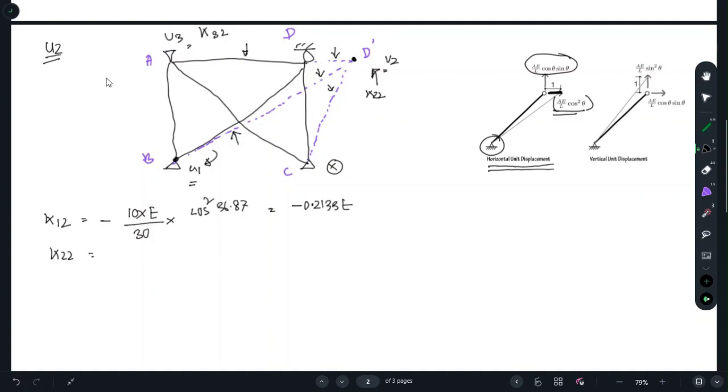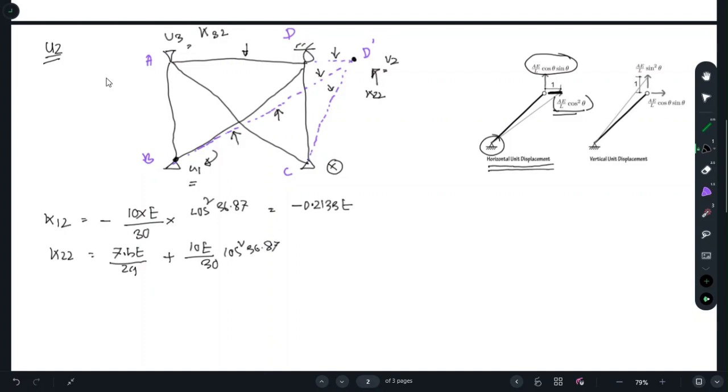So AD has an area of 7.5 and has a length of 24, and it has an angle of 0 degrees. So cosine square 0 would be 1. So the next frame we may have this one. So for that we will get a value of 10 E over 30 cosine square